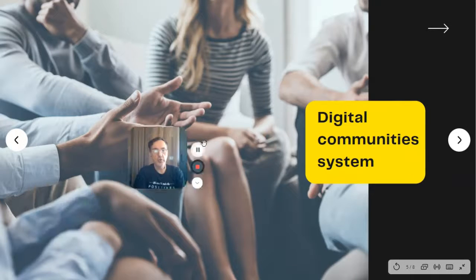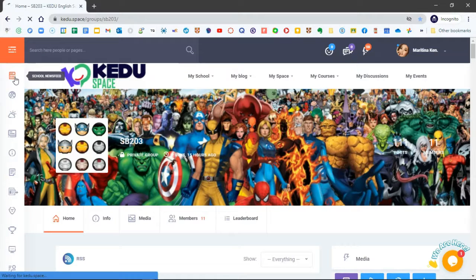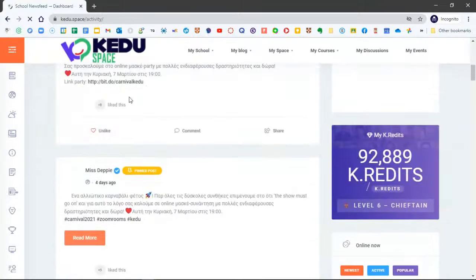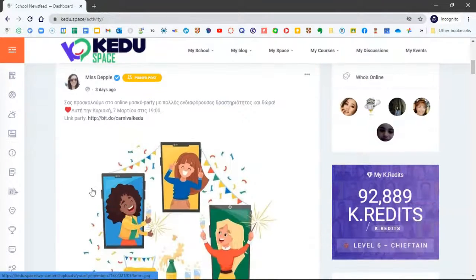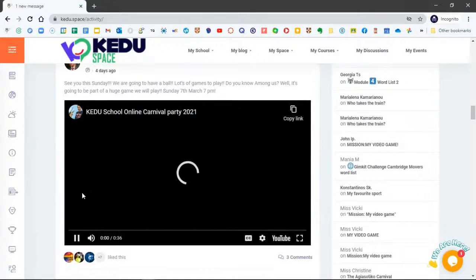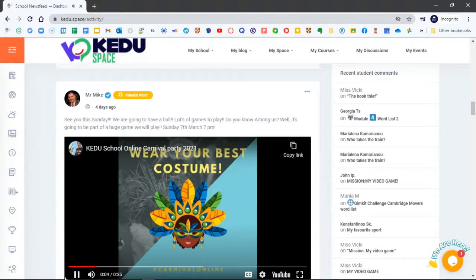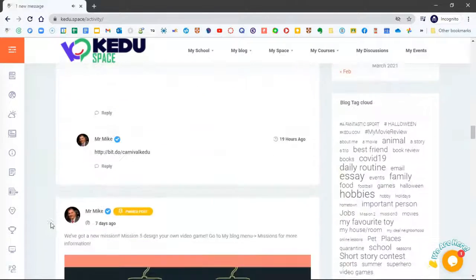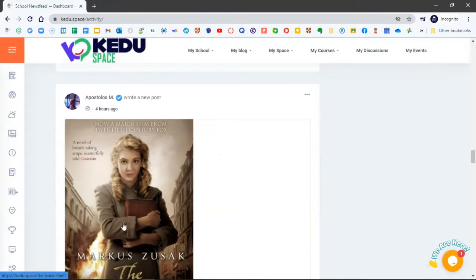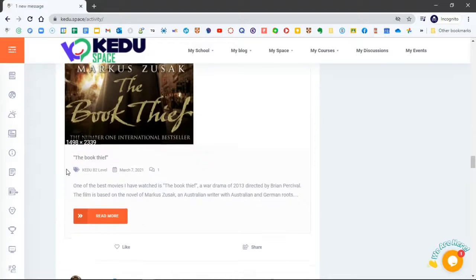We also have a digital community section. So a digital community section, let me have a quick glimpse of that. It's basically the school newsfeed, where we get to log as administrators the various types of announcements we want to tell our students, and various other announcements. Oops, I've got to turn that off. That's getting quite annoying. And the main school system also has a showcase where all the students' blogs, as they're getting uploaded, are shown.